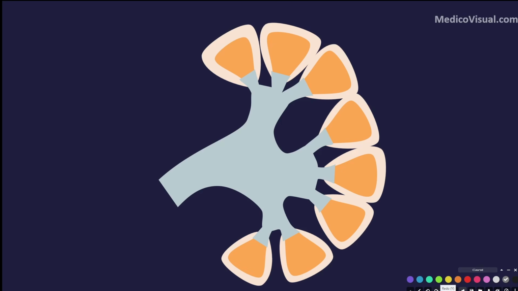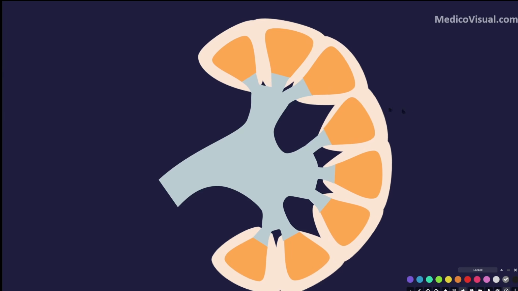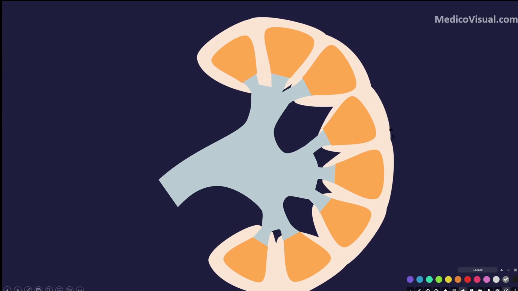But as the baby is born, and even before birth, the lobes will grow further, and by the age of about 1 year these lobulations are lost because they grow and become fused together like this, and an almost smooth appearance of the kidney is there. So ultimately the smooth appearance of the kidney is formed.